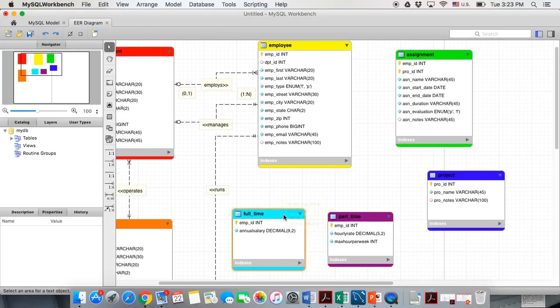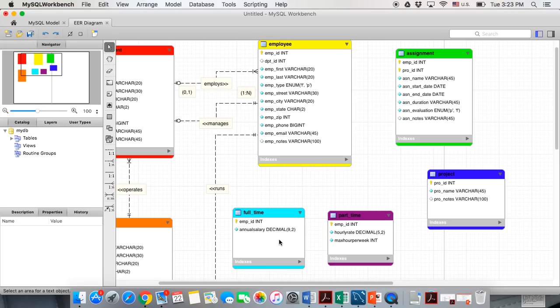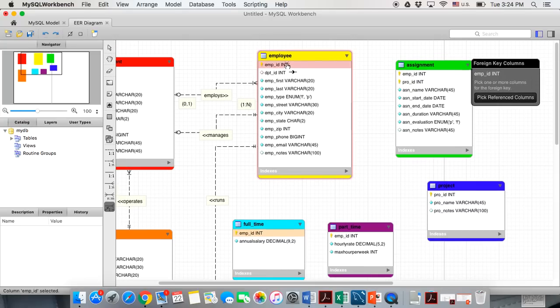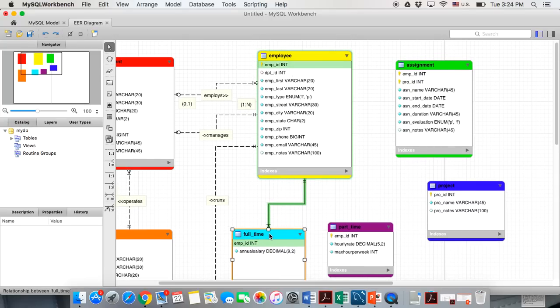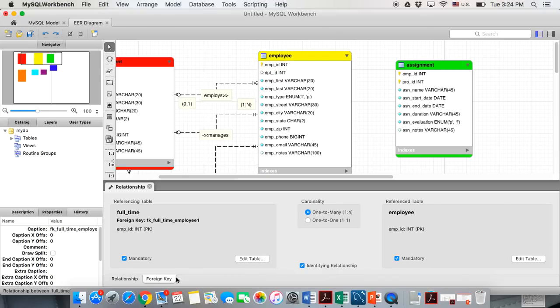Then we have the one-to-one relationship between the entity supertype employee and the two entity subtypes. Since the employee ID here also serves as a foreign key, we first click the employee ID in the full-time table and then the employee ID in the employee table. So this is, as I said, a one-to-one relationship. So we need to change the connection to one-to-one, and also